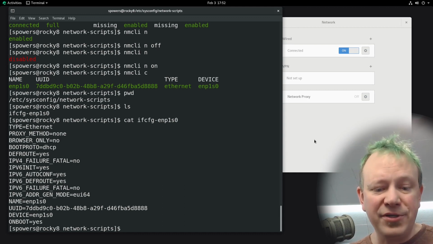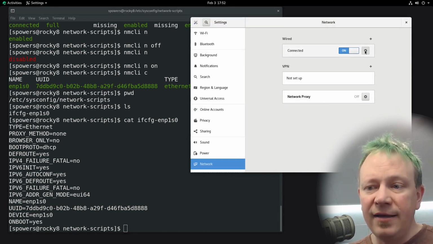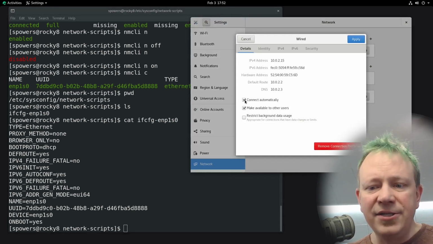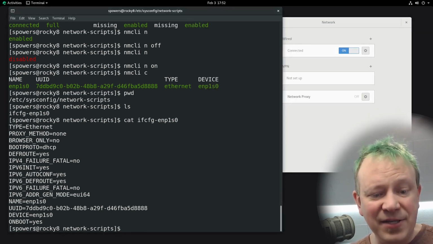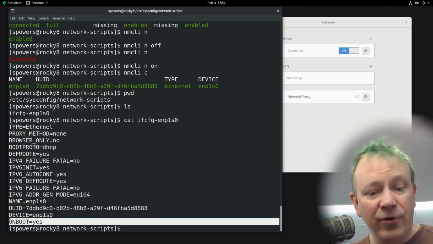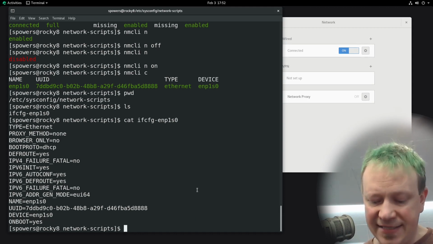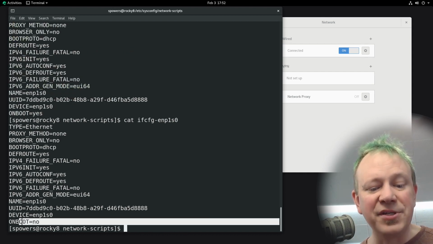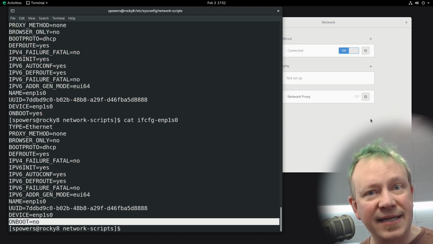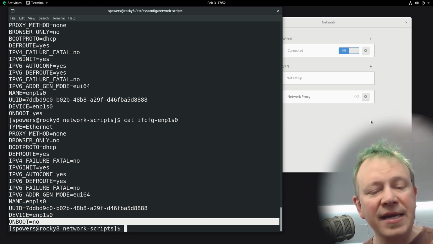So if we were to come over here and click on the gear and then say, don't connect automatically, and then click apply, where that is saved is in this file. So I just catted it out before that, and it says on boot equals yes. If we look at this file again, now it says on boot equals no, because we told it not to connect automatically on boot. And so this is where the information is stored, except it's kind of not, because with